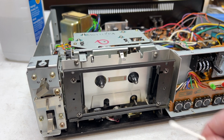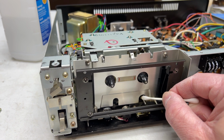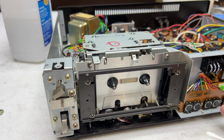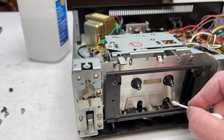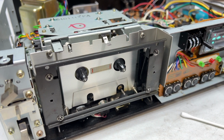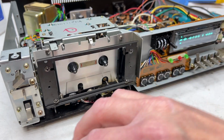Looks like we got her working. I should have remembered to clean the oil off first, but I did not. A little too easy to stop this pinch roller, I gotta say. I think I just had a little bit of oil on there because of me testing it and whatnot, but